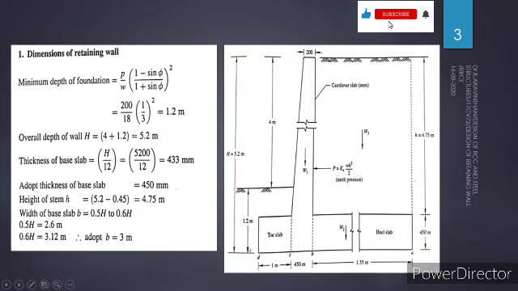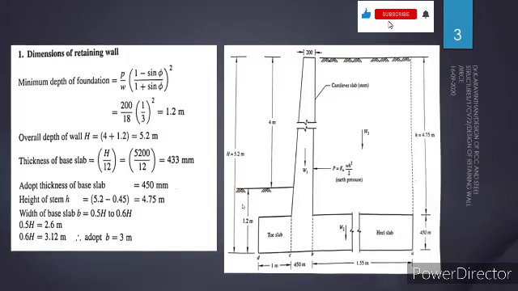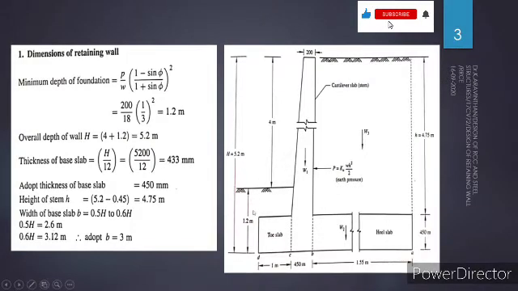So the first thing is found out. And next one, what about the height of the wall? Now 4 meter is required plus 1.2 meter of foundation, which is this is the superstructure and this is the substructure. And if you add that, you will be getting H equal to 5.2 meter, which is the overall height which is required. And next thing is the thickness of the base slab.